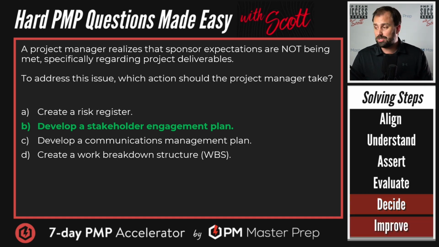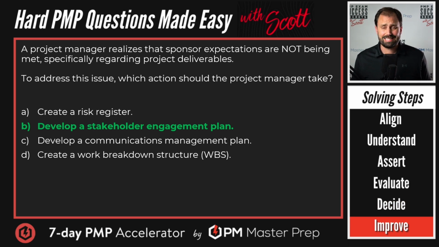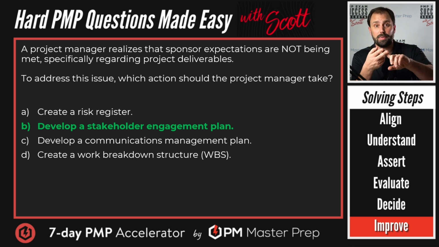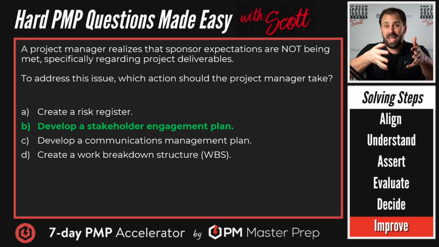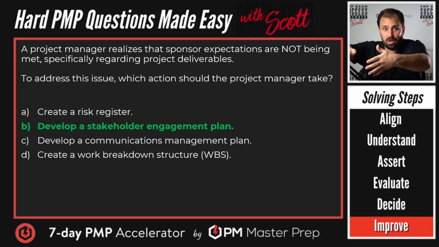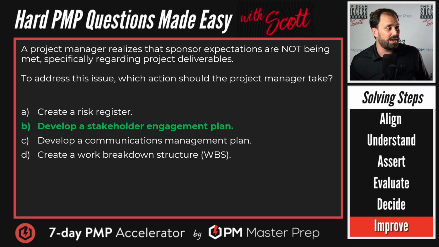Now, level 6, you might have missed it. Not a big deal. How do we figure out what we can squeeze out of this question? So maybe you don't know when we develop these things, the plan, what the purpose is, or that there are how-to manuals for how we're going to lead communication and engagement. Or maybe you need to realize, like, Scott, what is that risk register again? Why would that not be on the risk register? What's the difference between a risk and an issue? Tons of learning. Find your learning and dive into it. Keep at it, good and strong. I'll be here to help you every step of the way.